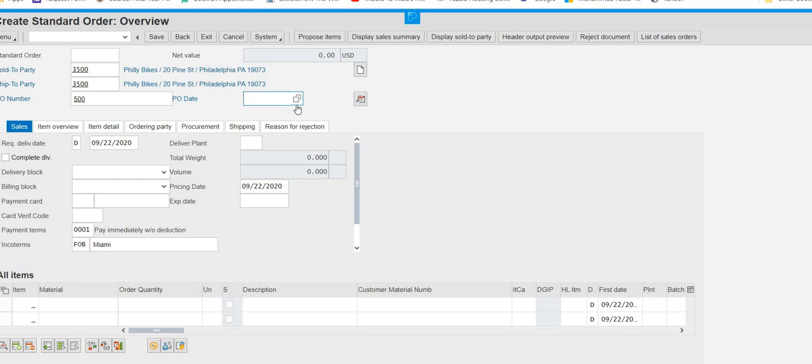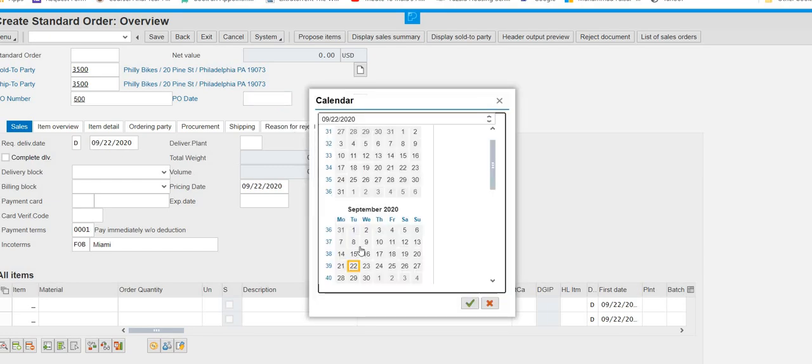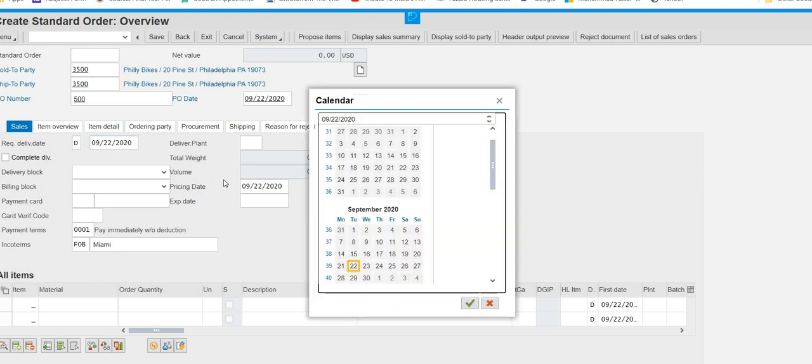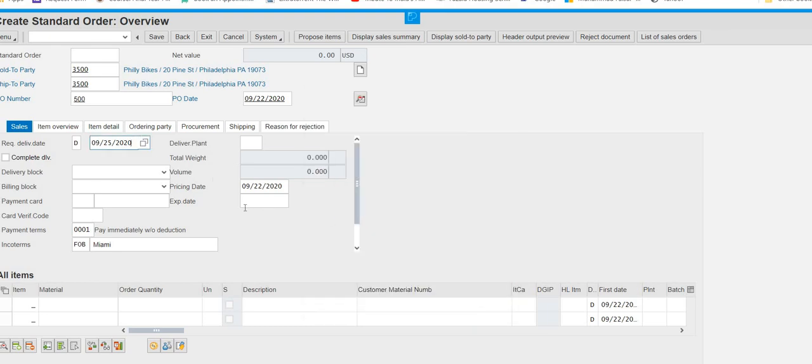This PO date will be the current date, today's date, and the required delivery date will be after 3 days. Today is the 22nd, so it will be the 25th. Okay.